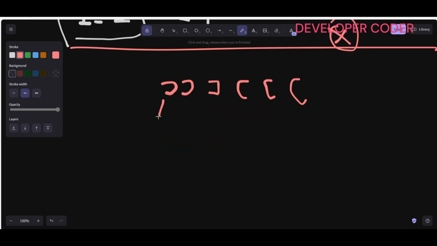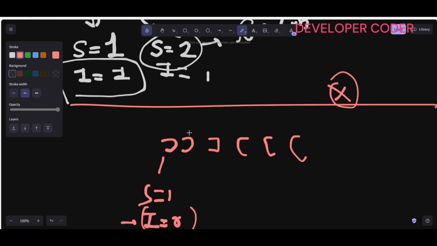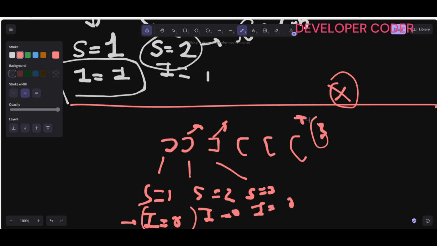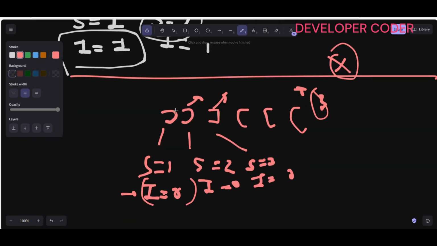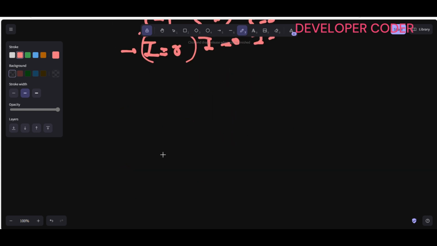Here, first the imbalance count is going to become negative. So you increment the count of swap to 1 and you reset imbalance to 0 this time. Then again it is negative, so swap is incremented to 2, again it is negative, then swap is incremented to 3 and imbalance is set to 0. But this is not the correct output, right? 3 is not the correct answer for this problem. 2 is the correct answer,